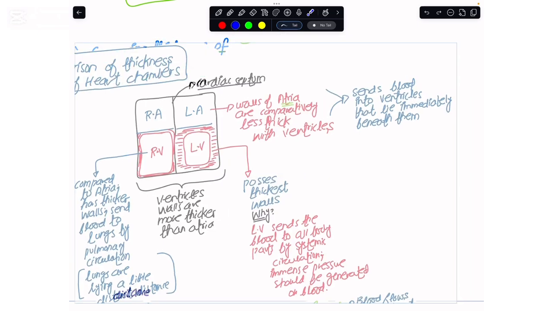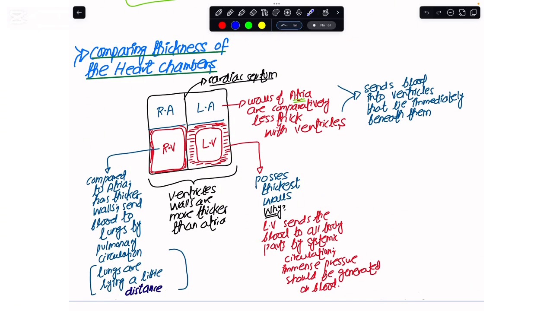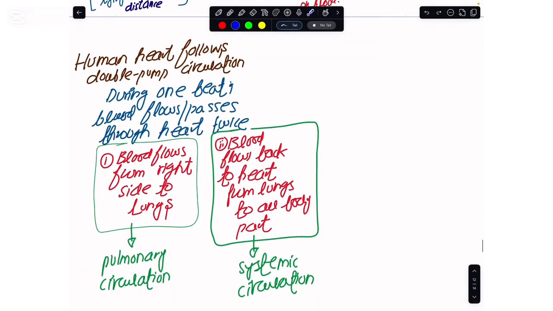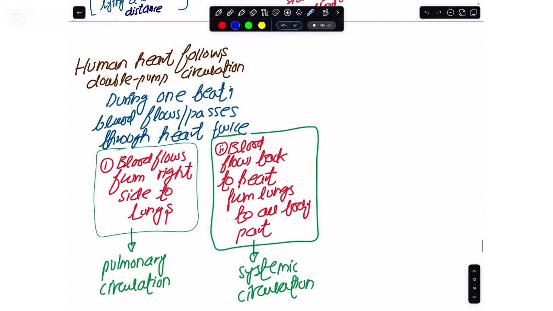Since the left ventricle sends the blood to the body through the systemic circulation, with the intention of generating the maximum pressure required to send the blood to every part, the left ventricle has developed the thickest walls in the heart. The other thing we need to compare is how the human heart